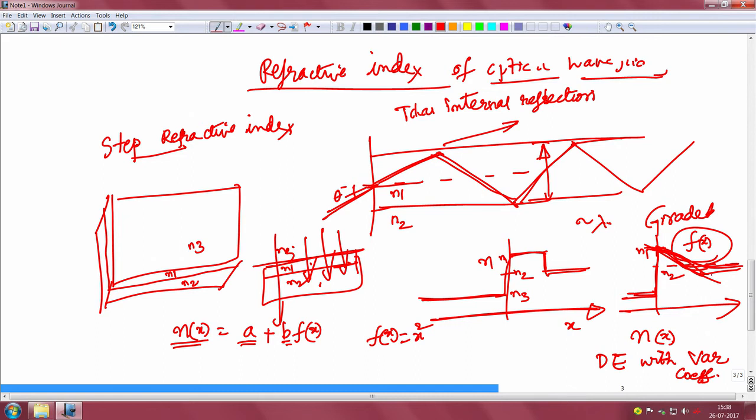the distance. So, you can have a linear variation of the refractive index, f of x equal to say ax plus b. You can also have a parabolic refractive index variation, or exponential, and whatever way you like. And on similar lines